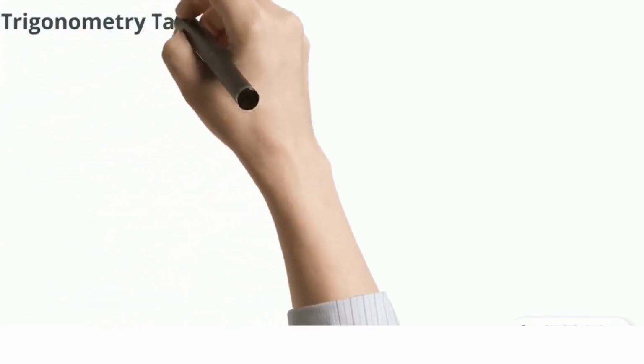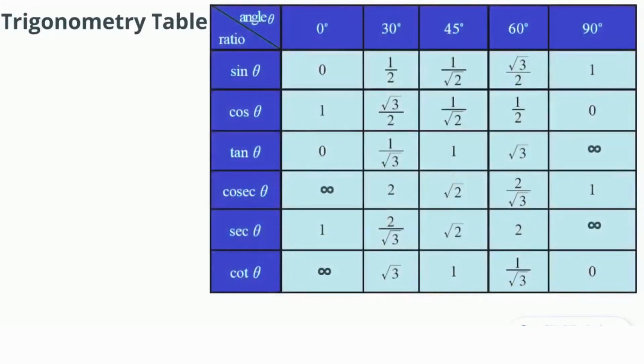Next we are going to see the trigonometry table. It is very important in trigonometry for solving problems. See this table. We studied half of the table in the previous video. This one. This table shows trigonometry functions of 0 degrees to 90 degrees. In the previous video we studied sin, cos, tan of 30 degrees to 60 degrees. We will see the rest of the things.